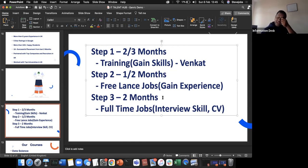However, if after the training you think you need a little bit more experience or practice, then we will put you into step 2 where you can gain experience. The good thing about this particular course is you can get paid while getting experience. That's the beauty of this course. In testing, nobody will give you money while you're gaining experience. But here, there are a lot of freelance websites like Upwork that will guide you. Once you've done the course, if you don't want to jump into a full-time job and you need a couple of months of practice to become very strong,